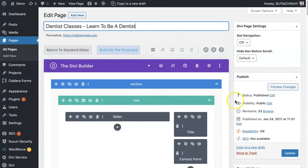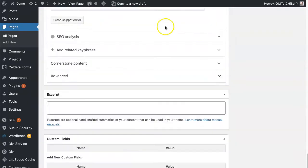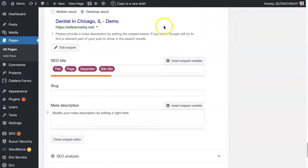So let's go ahead and just switch back to the page. I can type dentist in Chicago, Illinois, and then we'll scroll down here, and we need to now write the meta description. And you want your keywords to show up at the very beginning of the meta description. So we might say something like